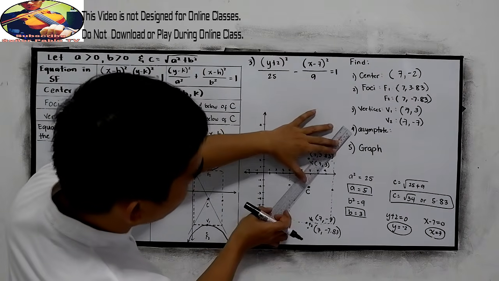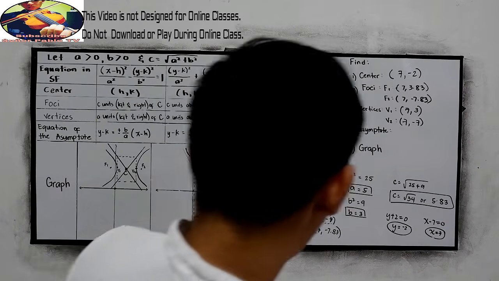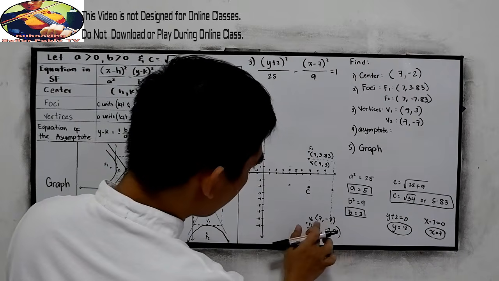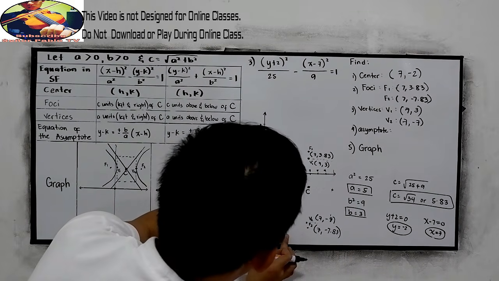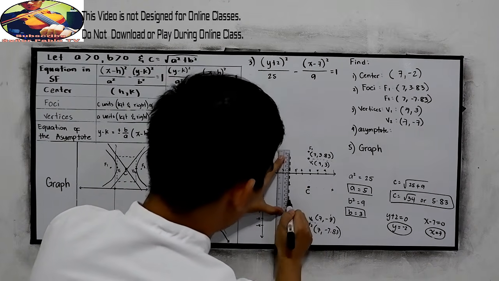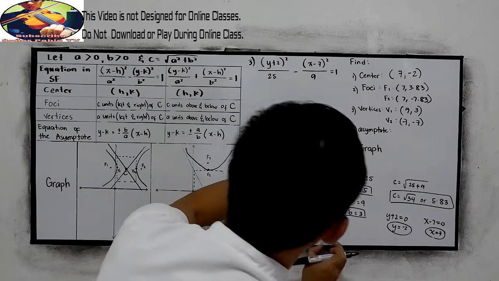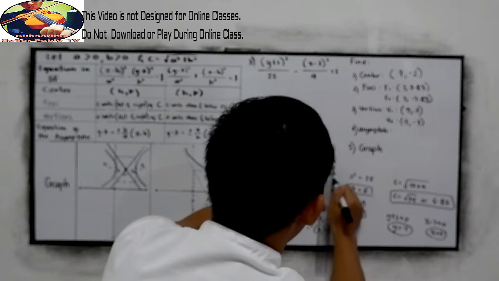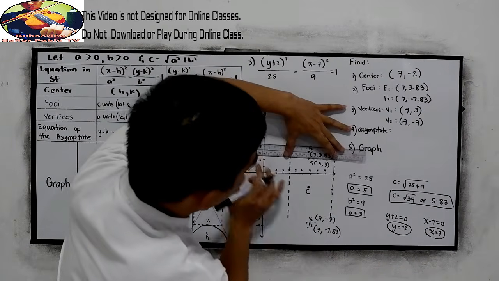Then we can now create our asymptote. Okay. So I think our rectangle is not proportioned. So let us use our ruler. So, drawing our vertex, then in this case, okay, then now